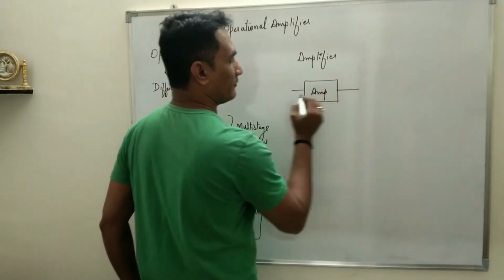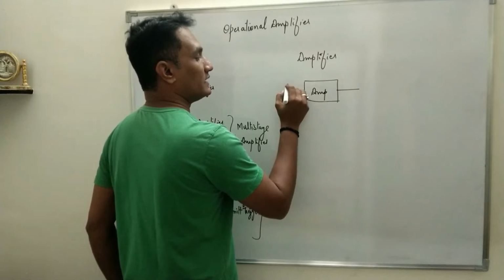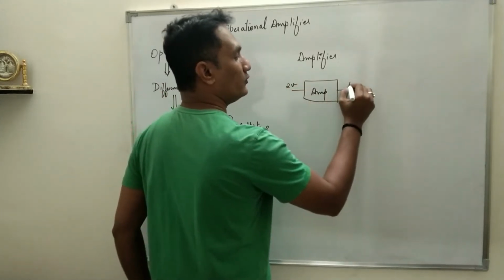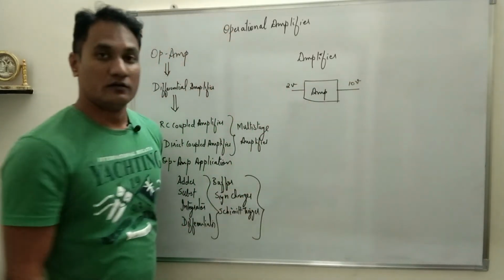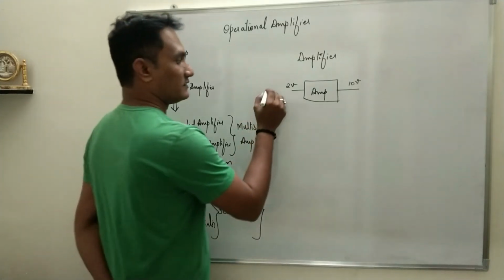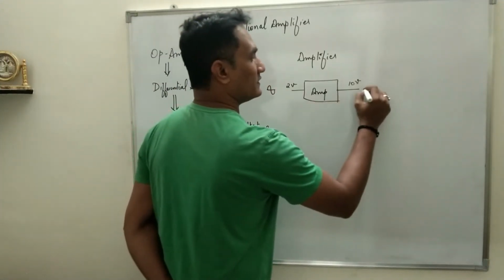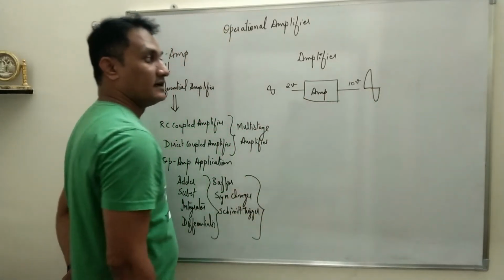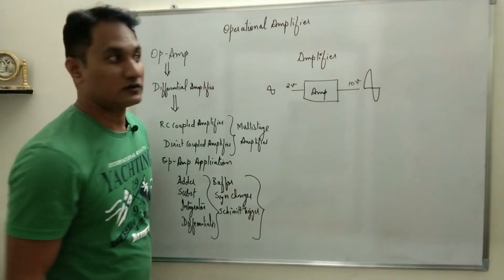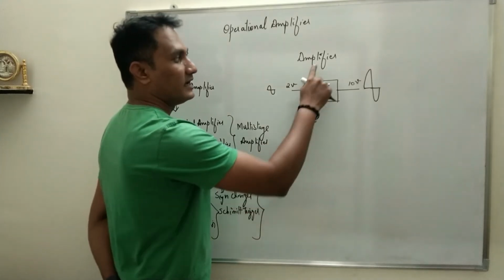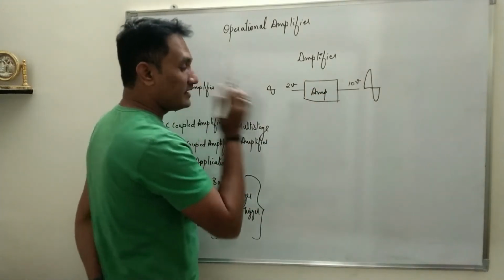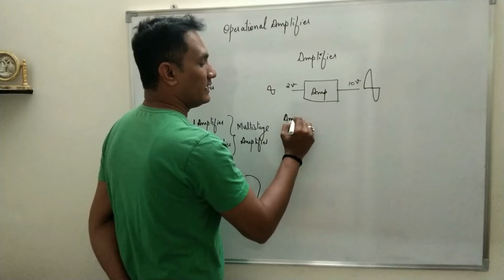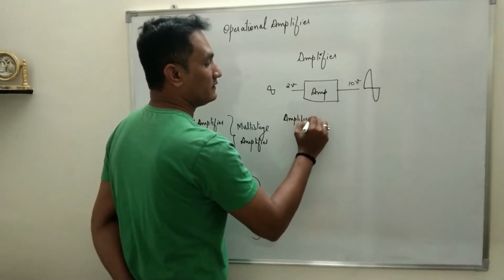Okay, we have designed an amplifier. The input is say 2 volt and the output is say 10 volt. Okay, so what you can see is this is the input and this is your output. So the strength of the input signal has increased at the output. So that type of circuit is called as amplifier, and there is a factor called as amplification